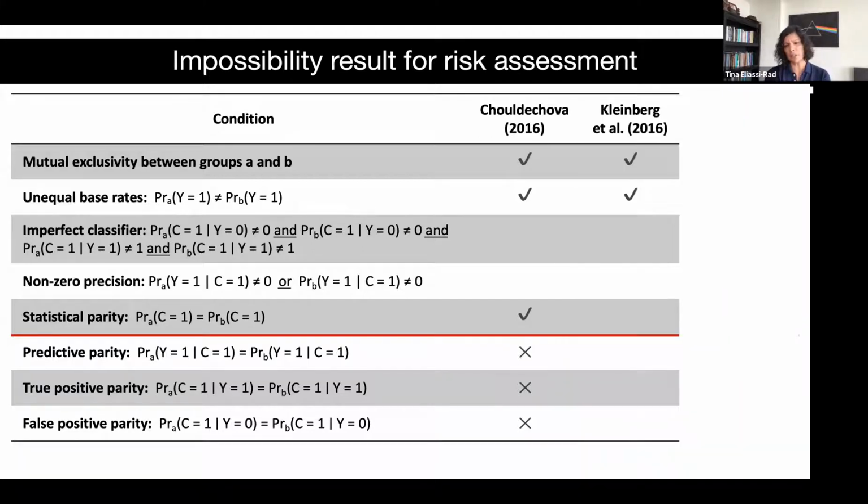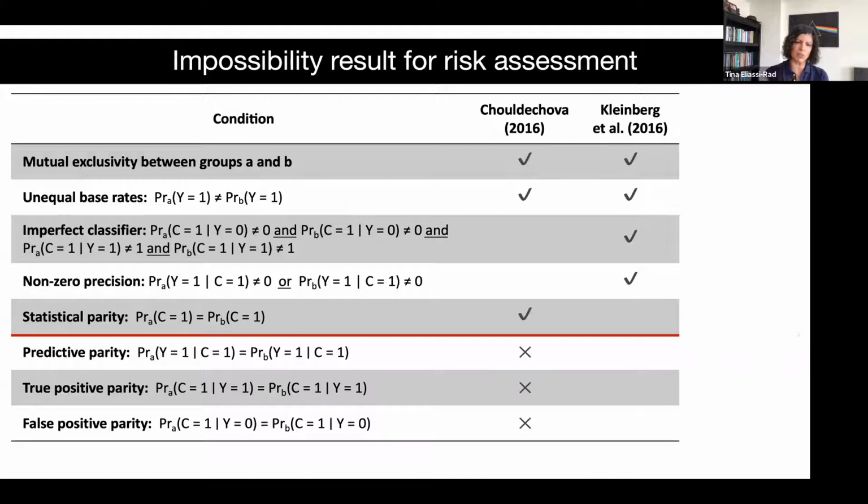Then Kleinberg, the same year, Kleinberg et al. published another paper where they said, yes, I still have my population, that I'm going to divide into these mutually exclusive groups, females and non-females. And of course, I have unequal base rates. Clearly, the probability of females getting breast cancer is not the same as males getting breast cancer. But what I'm going to do is get rid of the statistical parity. Instead, I'm going to say that I have an imperfect classifier. And if you come across a classifier that's perfect, watch out for that. And that I have non-zero precision. That is, I don't assign extreme